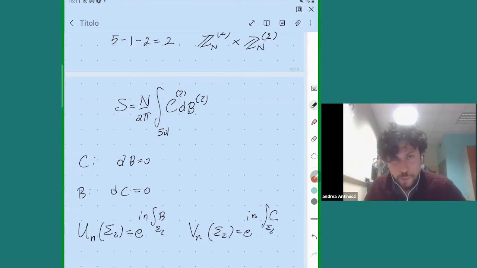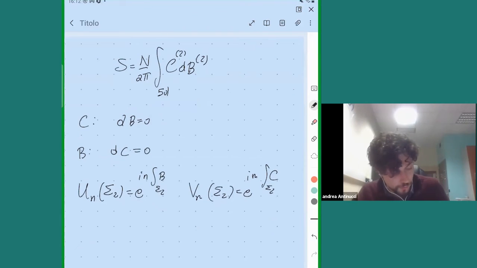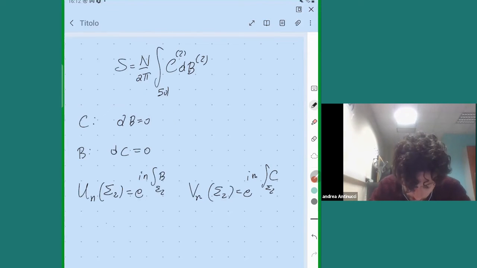And as you notice, the theory is quadratic. It is a completely trivial exercise to perform computation with this theory. You just have to integrate out things. It is a Gaussian integral, and you can compute, for instance, the correlation function of